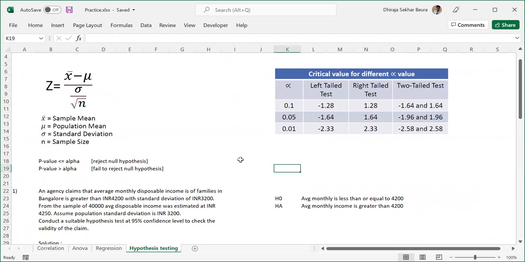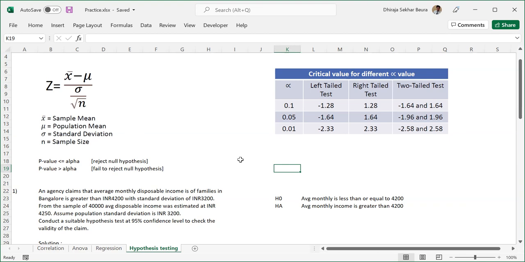Whenever you are doing this hypothesis, a very important aspect is to decide how you are taking the call. Now, if you are deciding something which is more than or equal to something else, automatically it becomes a right tail test. Now, what do we mean by right tail test?